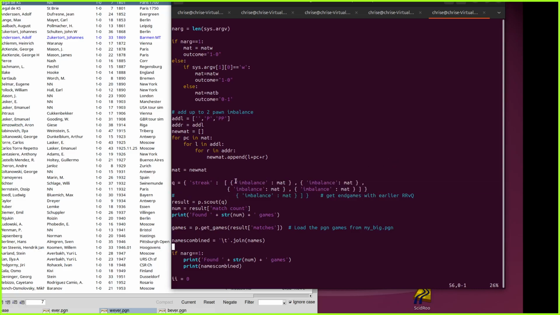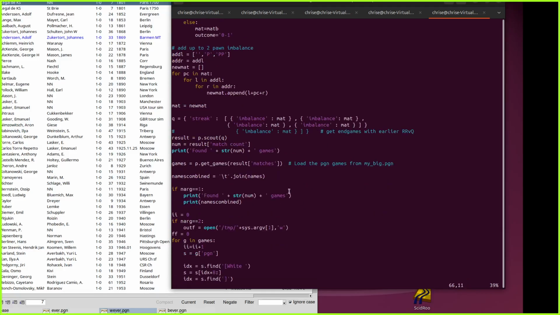Now I've done the imbalance 4 times, which means that imbalance has to be maintained for 4 half moves, or 2 moves, so that it's not just an exchange of pieces. It will search for where one side is down a queen. Now, down a queen may or may not be a blunder, so the way to filter for that is that if white is down a queen, I'm only filtering for games